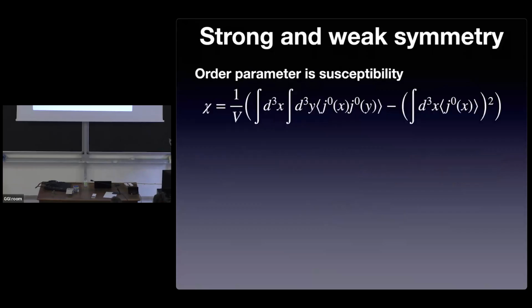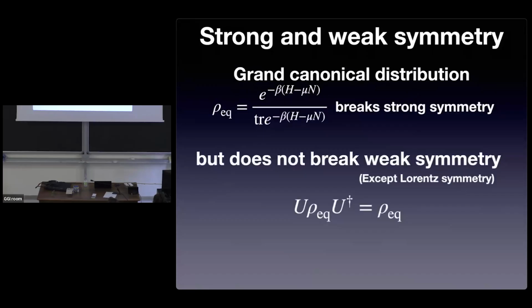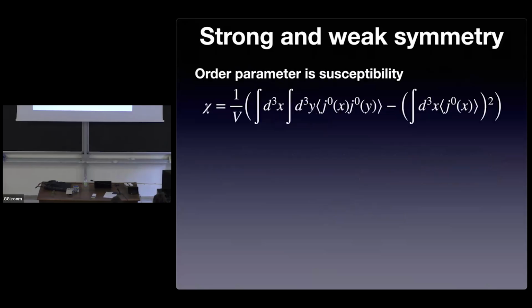Yeah, that's a good question. So actually, the grand canonical is a kind of explicit breaking. This state explicitly breaks the strong symmetry, but the microcanonical is a fixed number and fixed energy state. In that sense, naively thinking, it has a strong symmetry, but still that state spontaneously breaks the strong symmetry. I will explain this in the next slide.